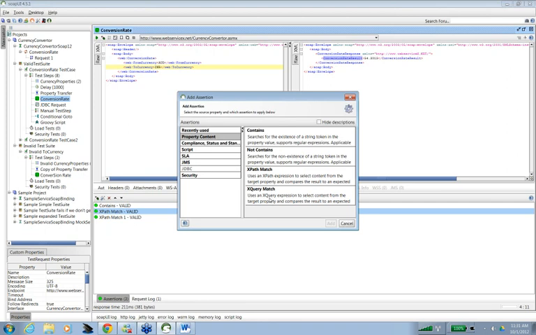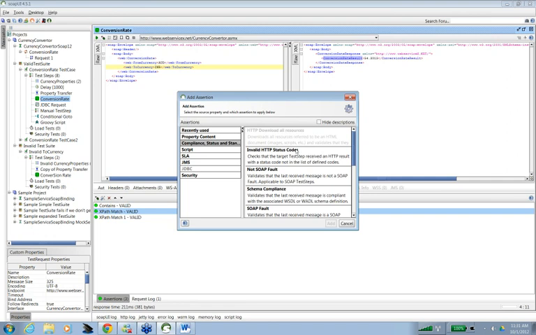Then we have XQuery. XQuery is again a language which is used to query XML, like XPath. First you need to learn XPath and then move on to XQuery. So I'm not taking an XQuery match here. Then we have certain codes, for example HTTP status codes. If everything is okay, 200 is received. If the server is down, then a 500 series code is received.